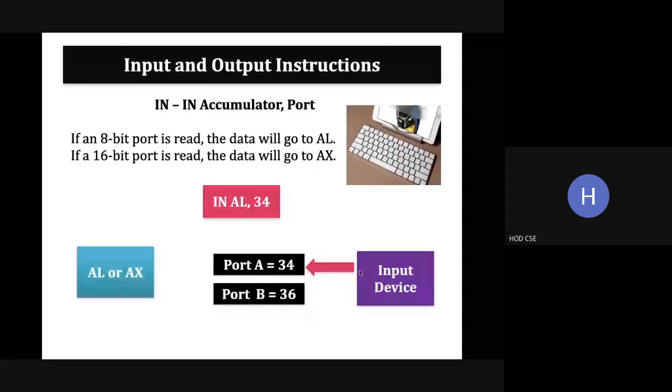From this input device, through this port referred to as 34, the data will be transferred to the accumulator. In the data input and output instructions, the data is transferred only to the accumulator, not any other registers. So data transfer is between the input device and the accumulator only. If it is 8-bit, the data will be transferred to AL, or if 16-bit, to AX. This is the IN instruction.